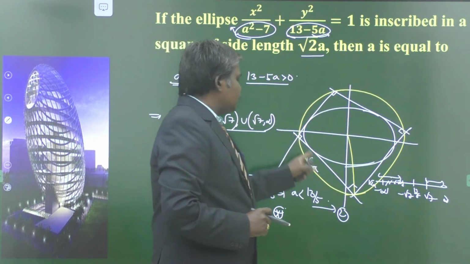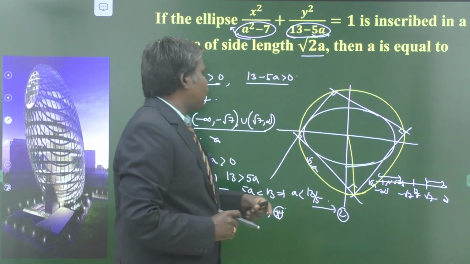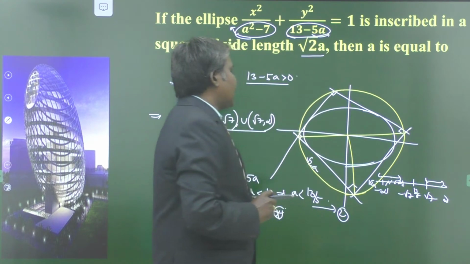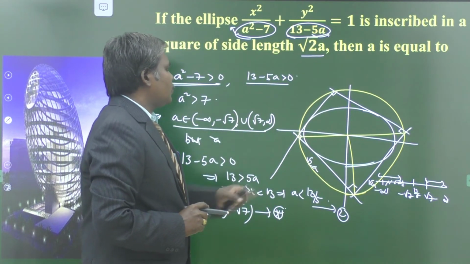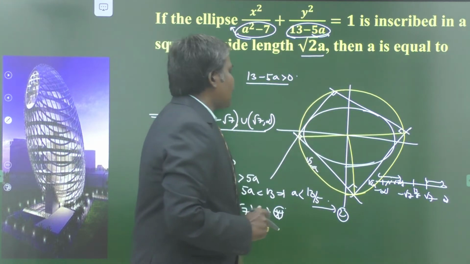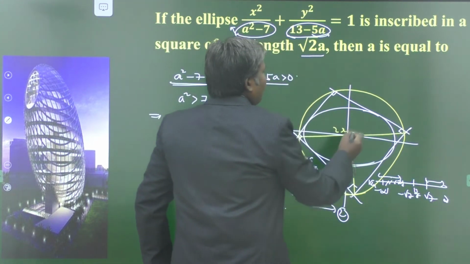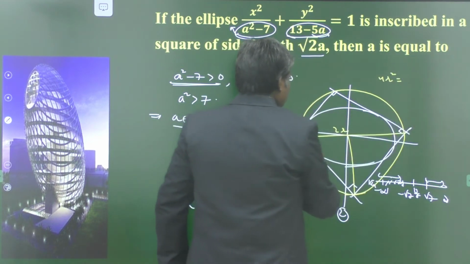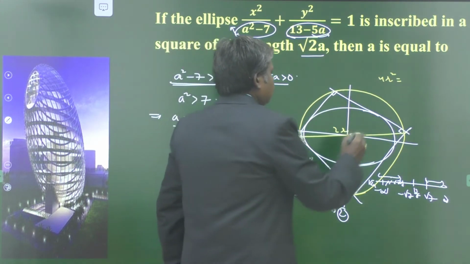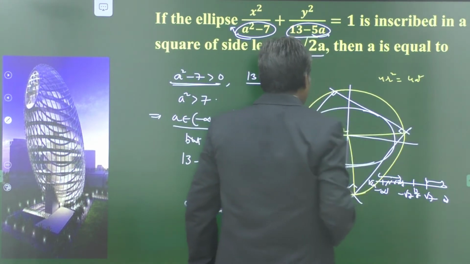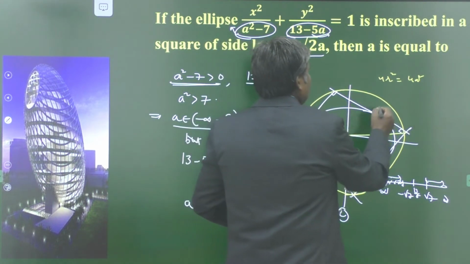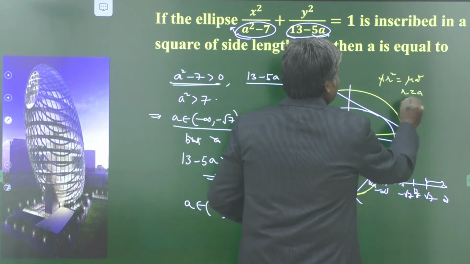So you know the side lengths. Can you find the diameter of the circle or not? The distance from here to here is the diameter of the circle. So this is the right angle triangle. This is the hypotenuse, that is the diameter 2r. Say 4r square is equal to what? 4r square equals side square plus side square. That is 2a square plus 2a square. That is 4a square, 2r whole square. That is r is equal to a.